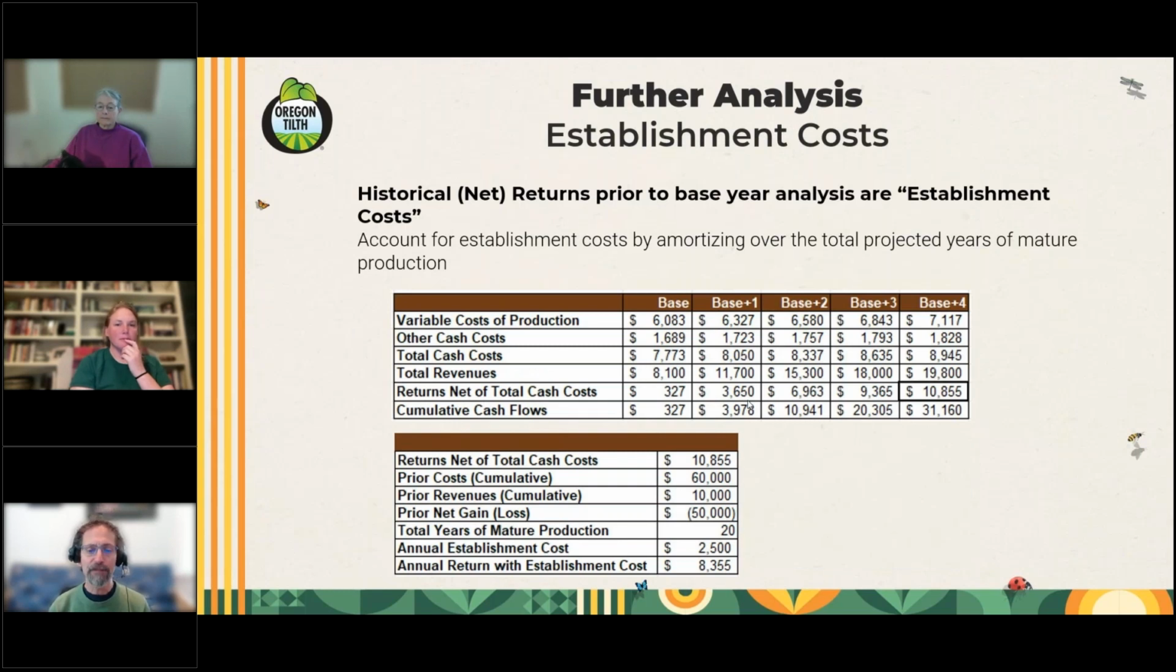So there are a variety of other ways that the tool can be used to perform analysis once you have your total variable cost of production. You can then use that information to answer other kinds of questions. So one of the questions that might be of interest is, will a mature orchard over the course of its life be able to cover the costs, the establishment costs